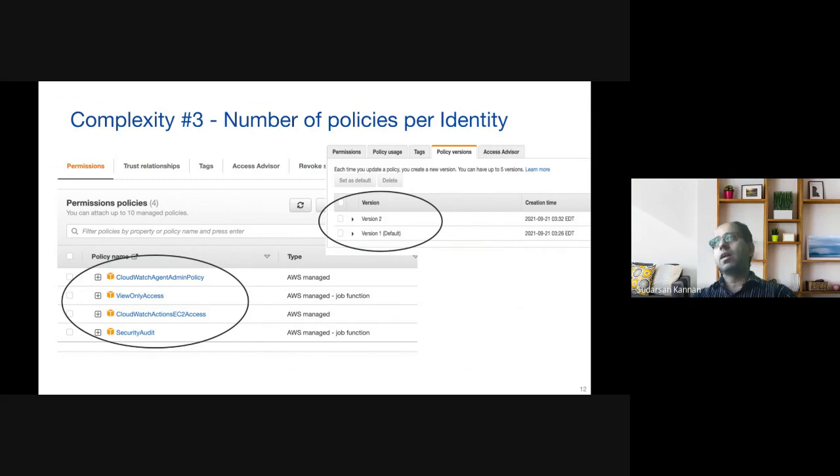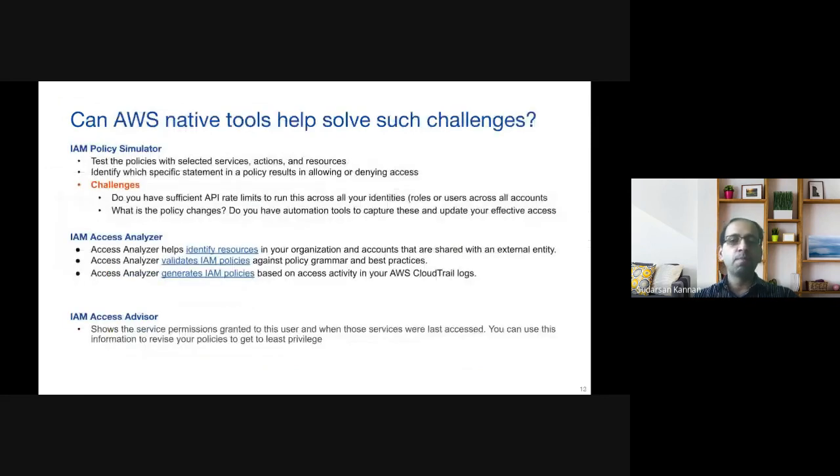Yeah, absolutely. And not all is lost. Let me put it this way: not all is lost. There are some native tools that cloud providers provide. Let's take AWS, for example, right? There are 3 different tools that AWS provides. Let's take Policy Simulator, right? Policy Simulator is an excellent tool where you can input some types of policies, and on the other side of the tool comes out the output, which says who can access what. That's fantastic, right? But the problem there is it's single-threaded, not literally, but in the sense that you can only enter one user at a time or one resource at a time, right?